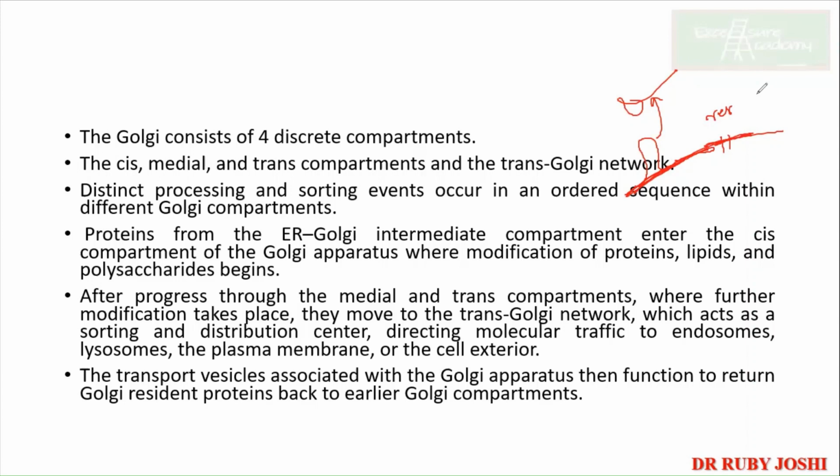So every time vesicles are released or secreted out, the protein cargo is secreted out, it is not that only one vesicle is there, right? So much cargo will not fit in just one vesicle; there will be at least 1000 vesicles, which immediately go and fuse with the plasma membrane. And if that particular region, let's say these regions, have your resident Golgi apparatus proteins, that particular region will pinch off again. Those vesicles will go back and fuse with the trans region of the Golgi apparatus. Clear now?